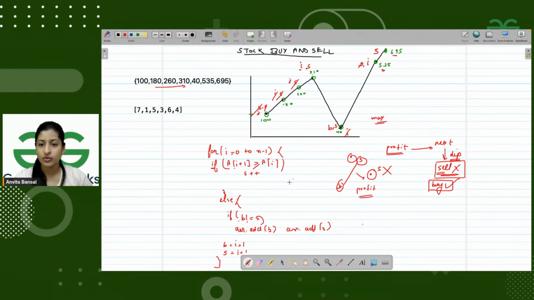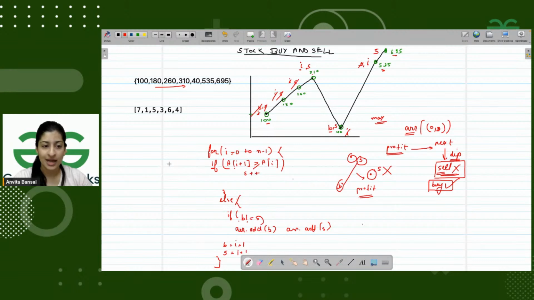Now you came out of the loop, but do you see one thing in your ARR? In your ARR, in which you are adding the answer, till now only one pair has been added, which is index 0 of buy and index 0, 1, 2, 3. So 0 and 3 have already been added, but there is one more answer that we can get. So what we realize from here is that when you land up in such a case that you have already iterated the array till the n minus 1th index, and you still have some value on which the value of your stock is greater than the value at which your buy index is placed,